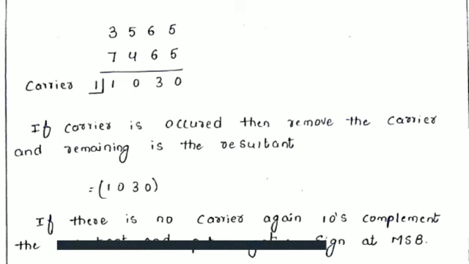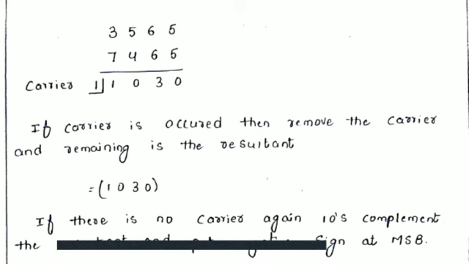5 plus 5 results in 0 with a carry of 1. 6 plus 6 is 12, plus 1 results in 13. 5 plus 9 is 14, plus 1 results in 10... Continuing the addition in this way, we finally get 1 as the carry and the remaining digits as the sum.